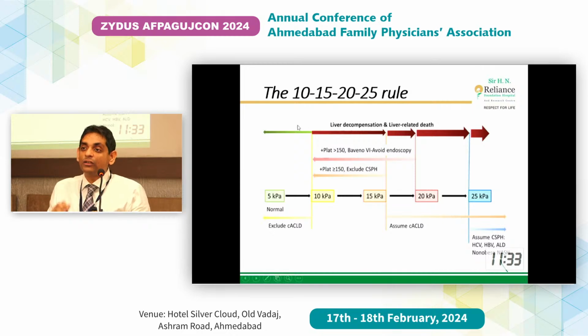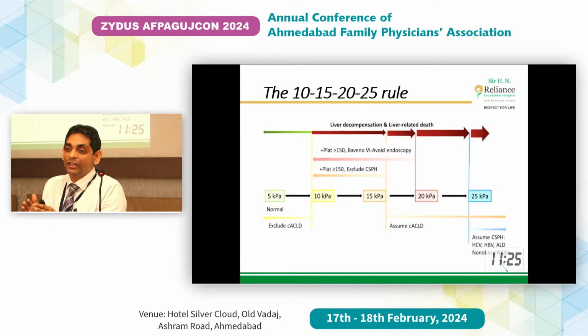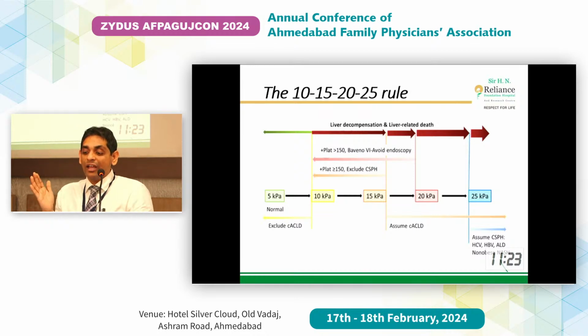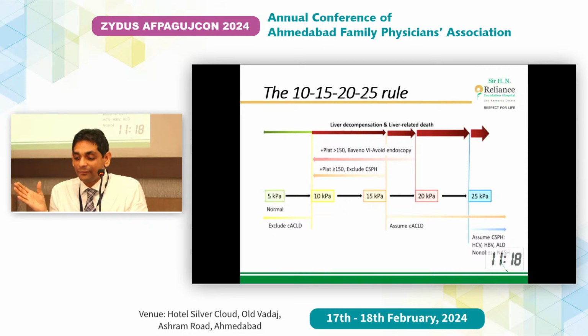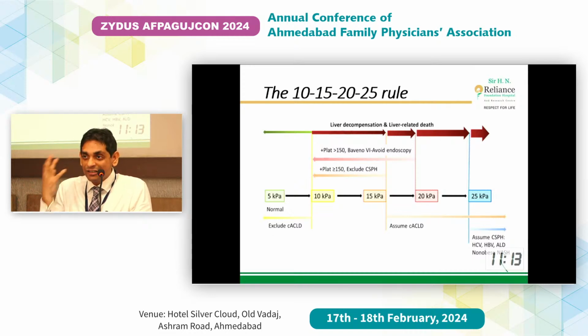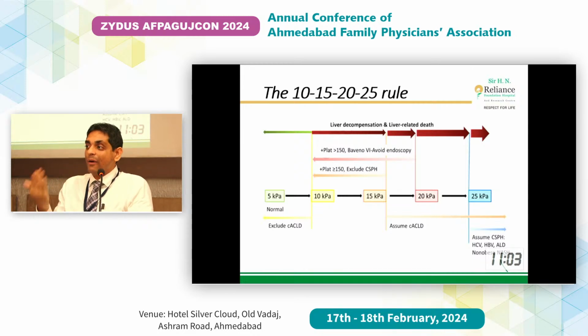Let's assume that on the FibroScan, the kilopascal value now crosses 10, and if it is anywhere above 10, going towards 20, going towards 25. The zone between 15 to 25 is the new definition of compensated advanced chronic liver disease. And if the scores are above 25, we know that this patient has a very stiff liver, he has increased risk of bleeding, their platelets will be below 1,50,000, they have to undergo regular endoscopy screenings, do sonography or MR elastography and contrast imaging so that they rule out liver cancer also.